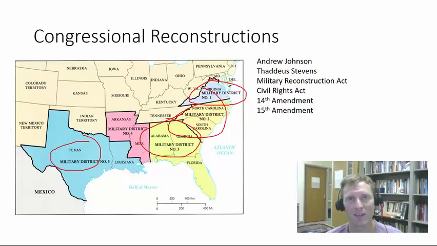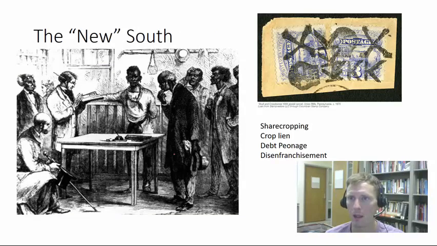Now, what that does is it leaves open the possibility to restrict the right to vote by other ways. Like we restrict the right to vote based on age, or you might restrict the right to vote based on criminal behavior. And so there are ways to restrict the right to vote, and the 15th Amendment doesn't say anything about sex or gender, and so women continue to be discriminated against and do not have the right to vote. So that's kind of politically what the federal government's trying to do.